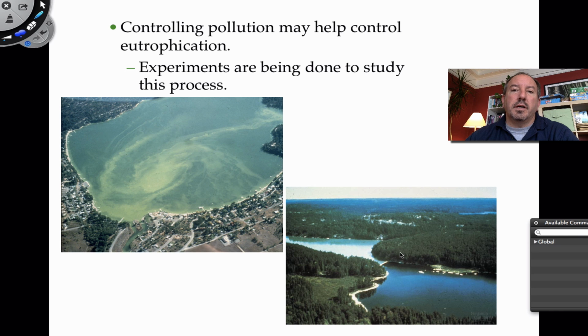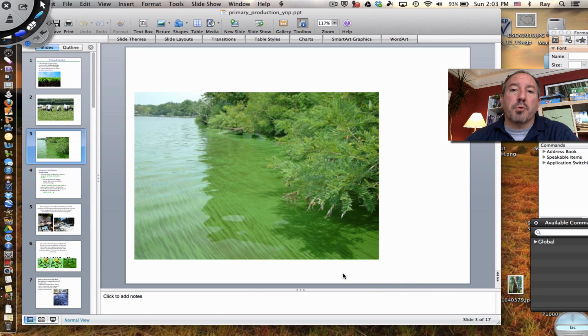And studies have been conducted even on a large scale. It's hard to study this on a large scale, but you can sort of block off two big bodies of water, these big lakes, and you can see what the effects are of adding nitrogen and phosphorus. And over here, nitrogen and phosphorus were not added. And so it's a fascinating process, but primary productivity, again, underlies most of the important biological